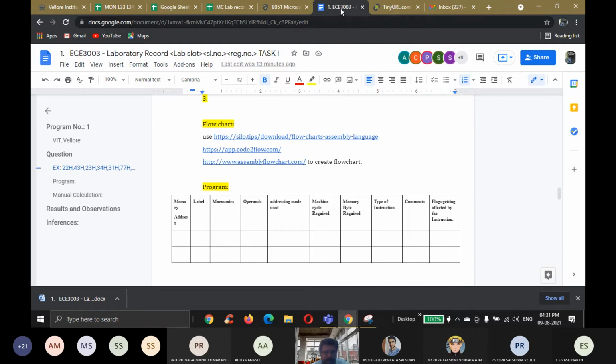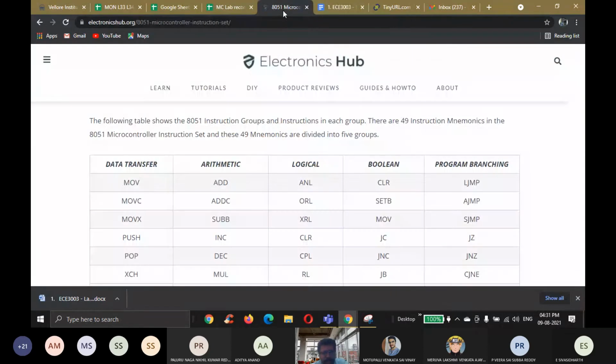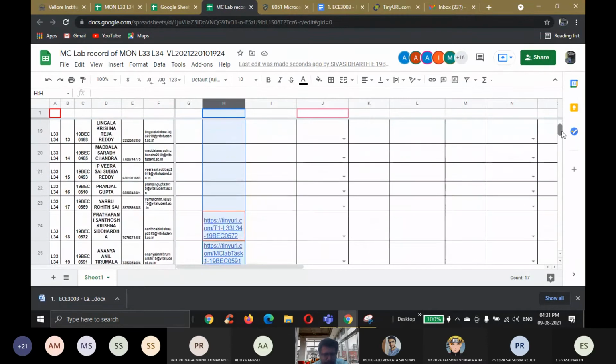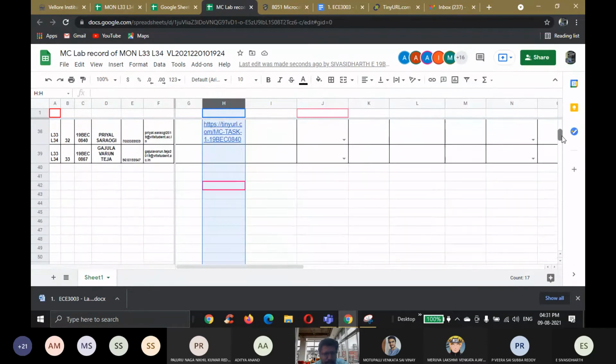See, the editing and all you can do later. Just add the link. Then we will start explaining the concepts, and then you can edit it in the evening. Everyone just create the link and share it.